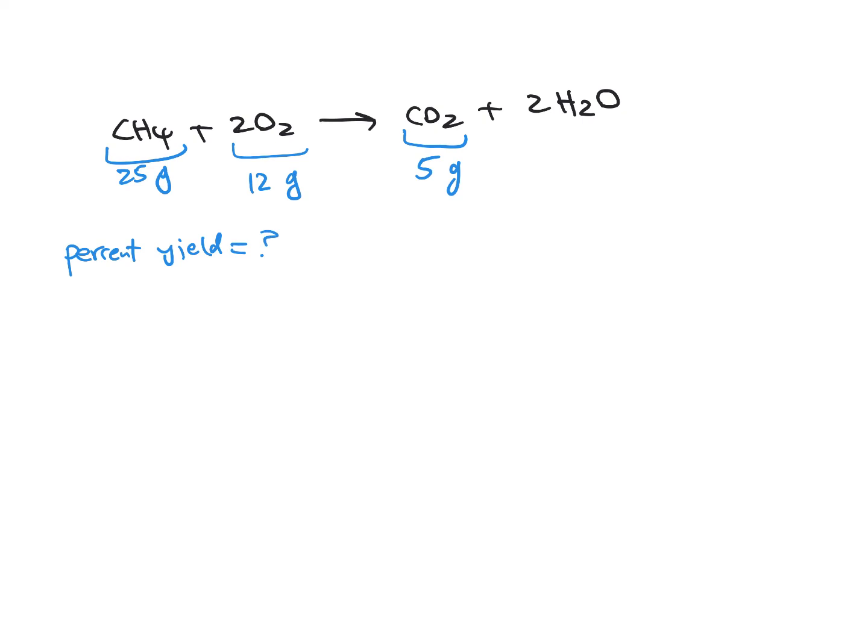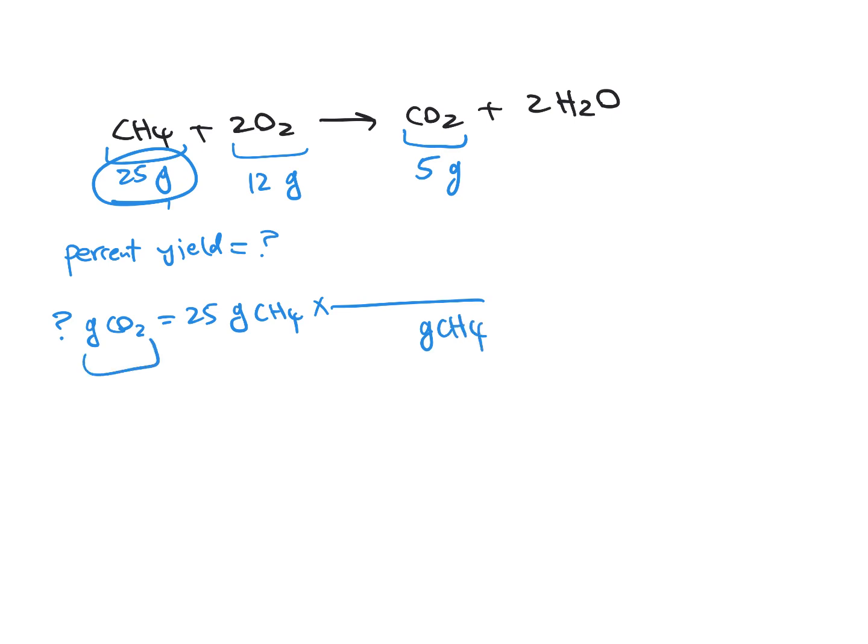Okay. So when you have multiple products, any product that I'm talking about, you just consider that to calculate theoretical yield. Does that make sense? So now we're talking about CO2. So what you do, you say how many grams of CO2 equals 25 grams of CH4. How can I convert grams of CH4 to grams of CO2? Can I do that just by one conversion